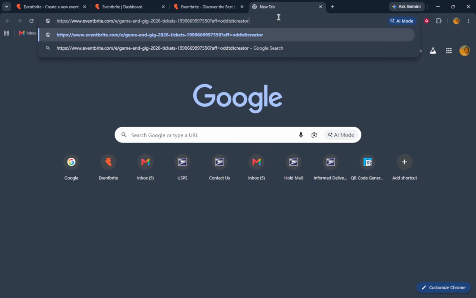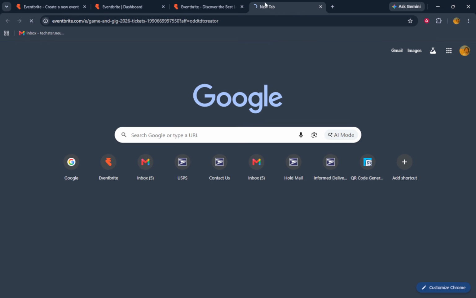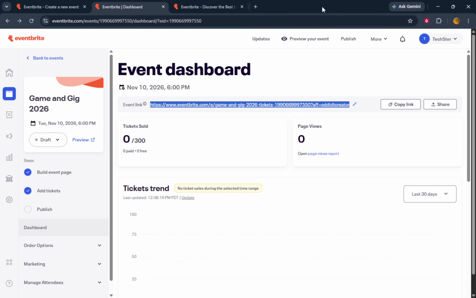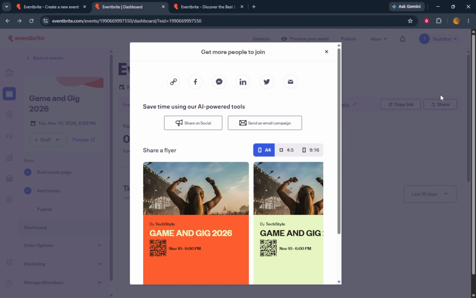Now let's go over the second method, which is using the Share button. This option can be even more convenient if you're already viewing the event page itself. Open your event page in Eventbrite, then look for the Share button. Click it, and you should see an option that says Copy Link. Select that option, and the link will automatically be copied to your clipboard. You won't need to manually highlight anything in this method, which makes it especially helpful if you want a faster